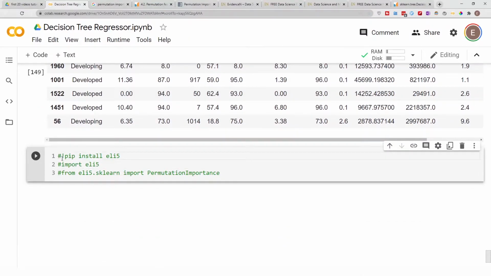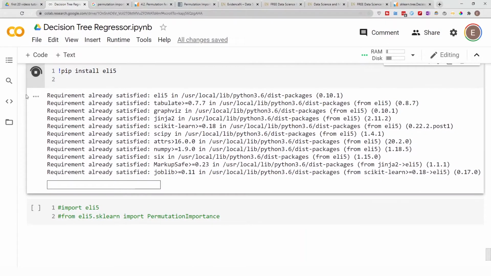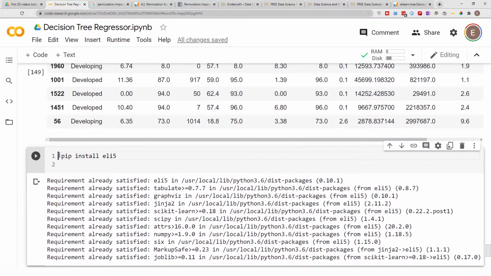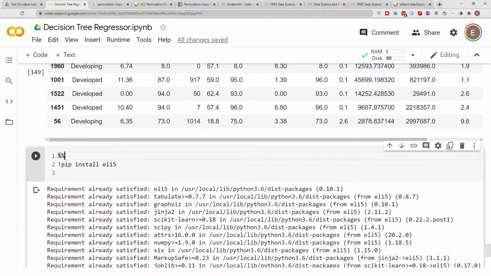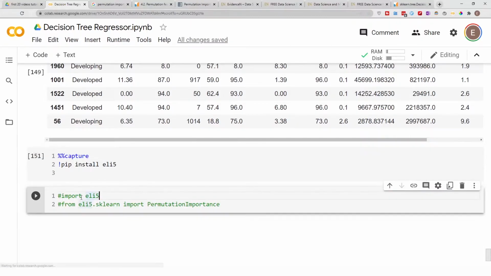So the first thing you want to do is make sure you install ELI5. Let's go ahead and run this. By the way, you can use capture magic so it doesn't print all of this. All right, now we are going to import ELI5 after installing it, and then we are going to get permutation